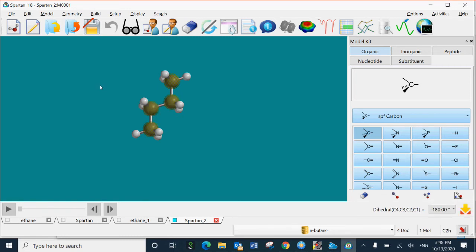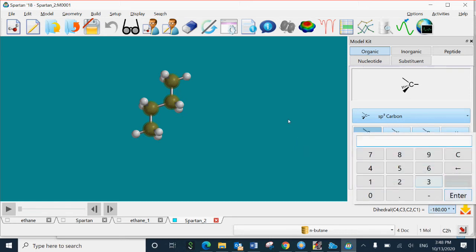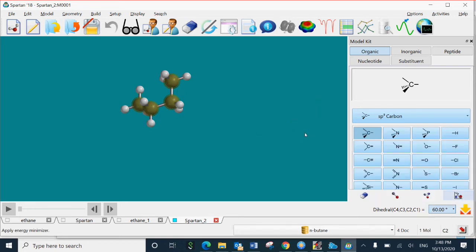It should be in order. And you can see the angle here is 180 now. So to force it to gauche conformation, what angle is required? We need to select an angle of 60 degrees. 60 and then enter. So now the angle is shifted to 60 degrees.